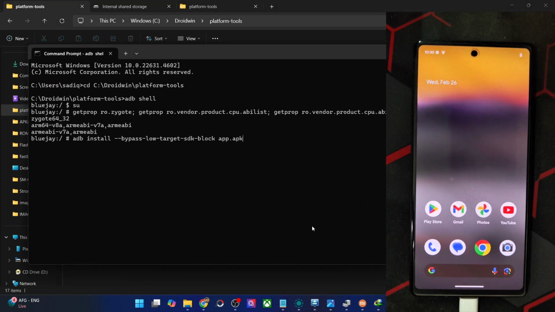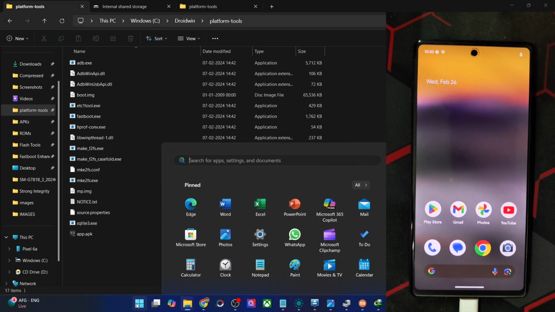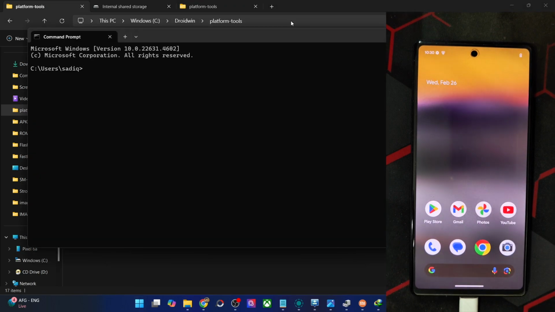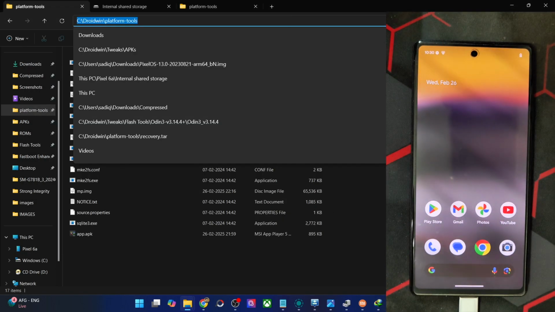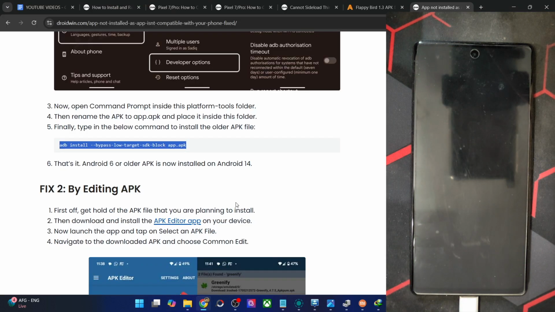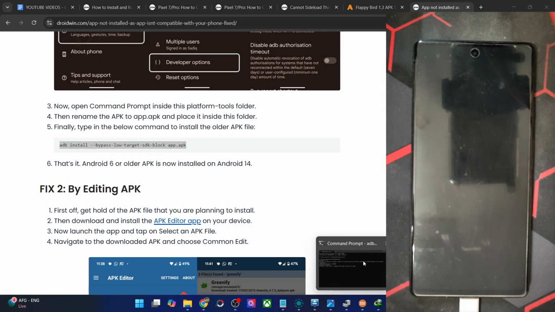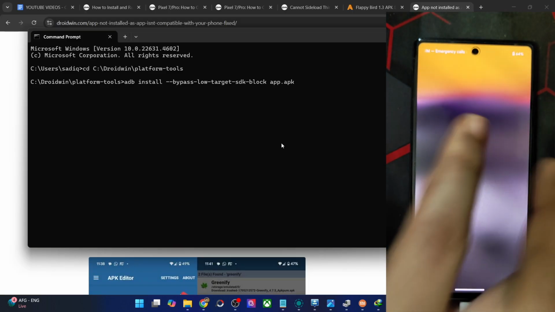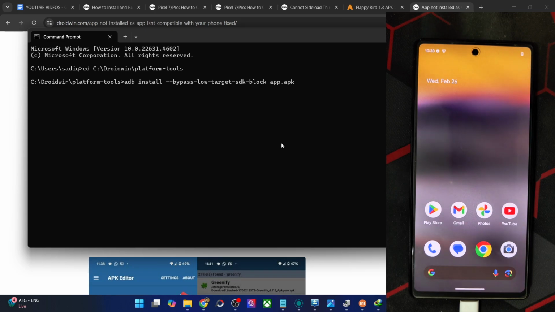Again, I'm repeating, you have to paste the command from scratch. But in this window, we are inside the ADB shell, so the command will not work. So you have to open a new CMD window, and inside that CMD window, you could only paste the command. So keep these points in mind. These are extremely important. Let me paste it here, and now I could paste the command from here in the CMD window and keep the phone unlocked as well. You might or might not get a prompt, but still keep the phone unlocked.